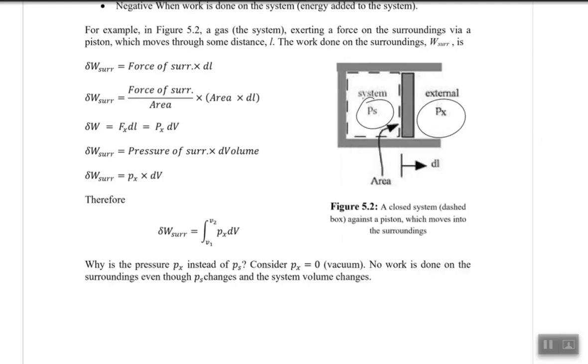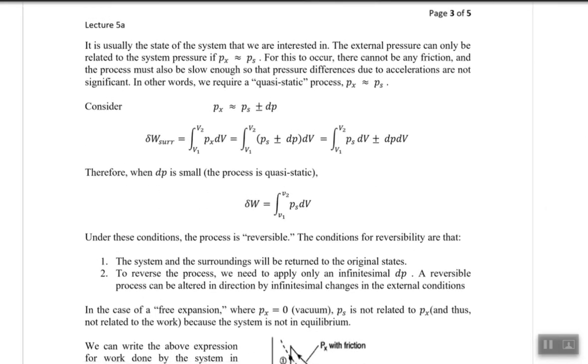In that case, the process should be a quasi-equilibrium process, so that would be a quasi-static process. We define two conditions. Let me rewind it again. We define two conditions. In order to have Ps equal to Px, the change in the pressure inside the piston